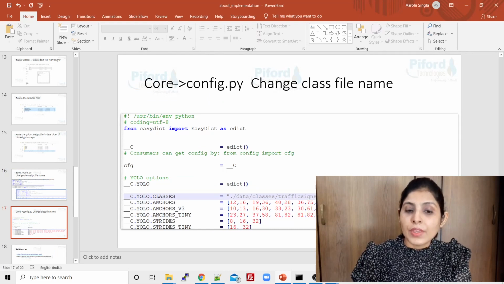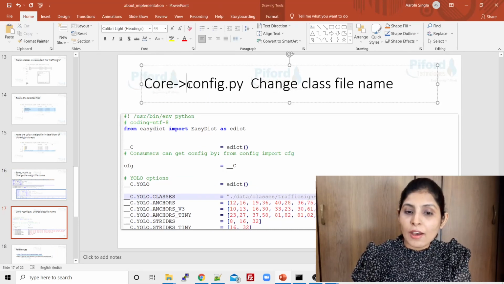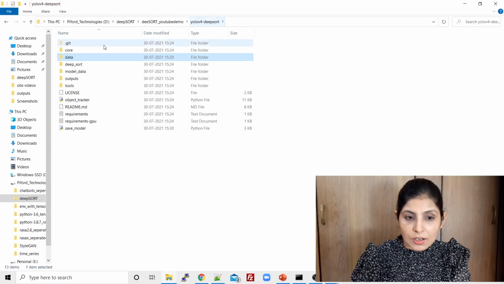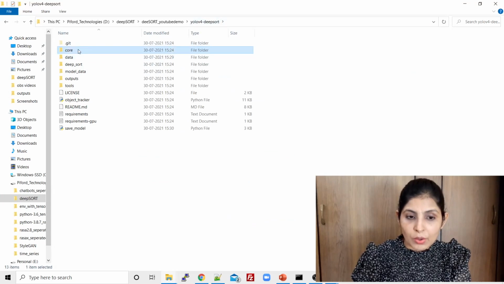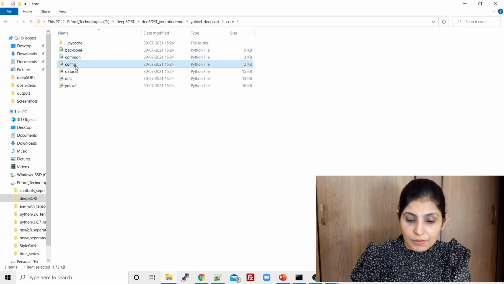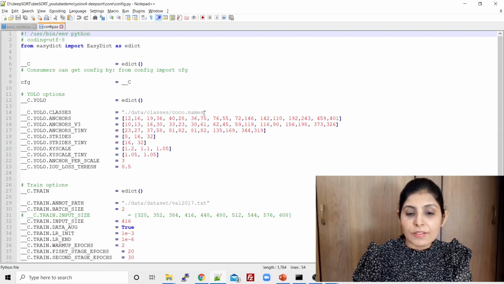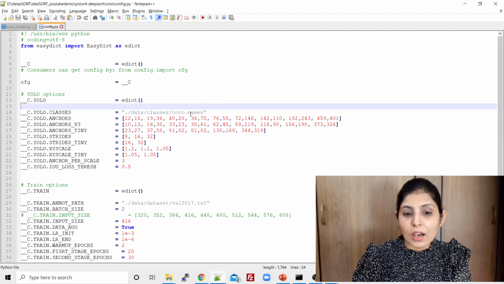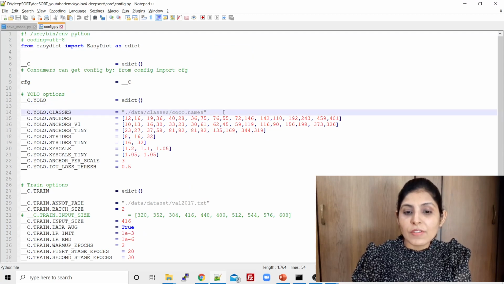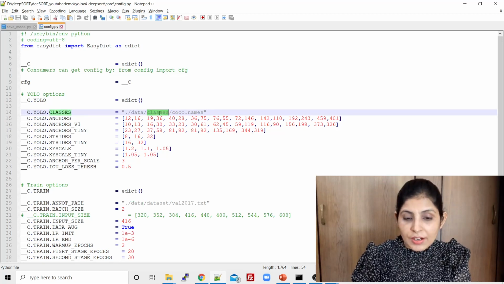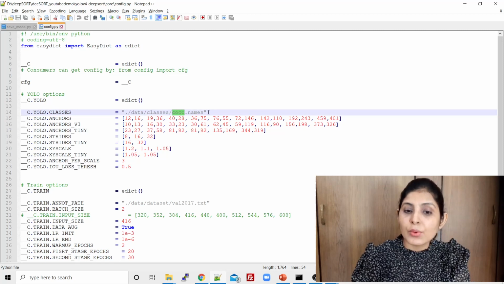After that, inside the core folder, you have one file with the name of config.py. Now we have to open that file. Just come outside this data folder and there is a core folder. Open this core folder and we have a config file. When you open this config file, you can see right now they have given the name of coco.names. Inside the data folder there is one classes folder, and from there they are reading this names file.